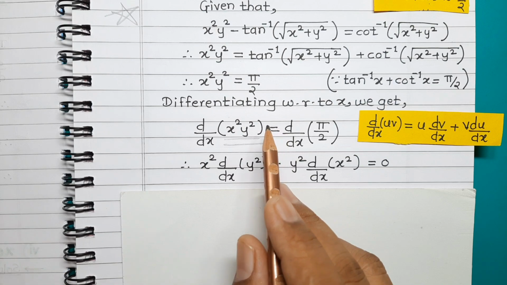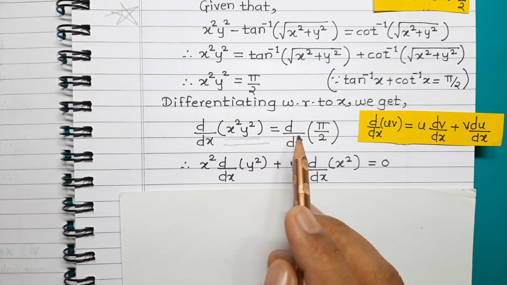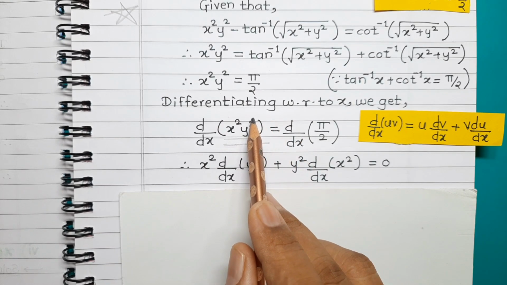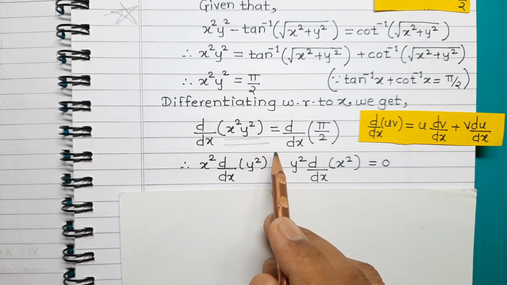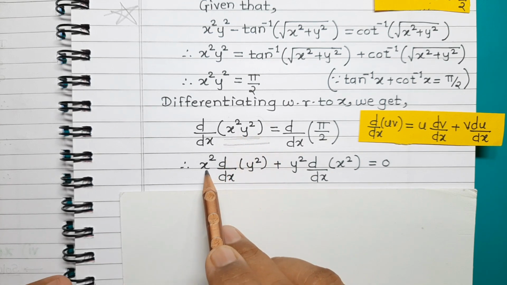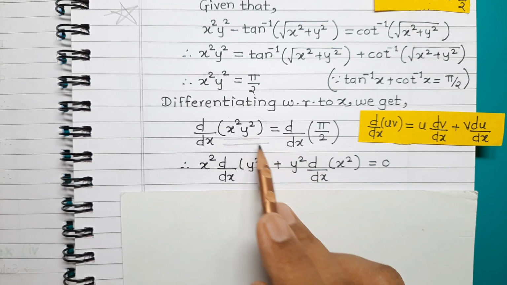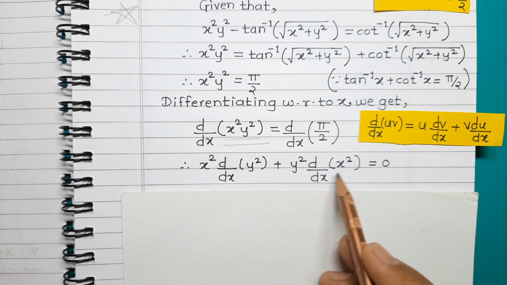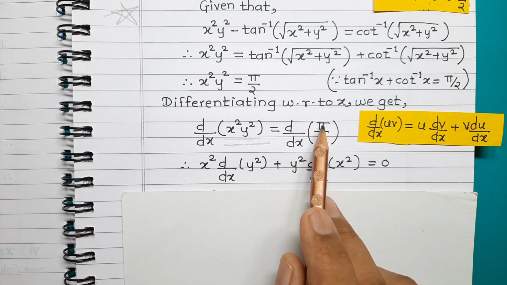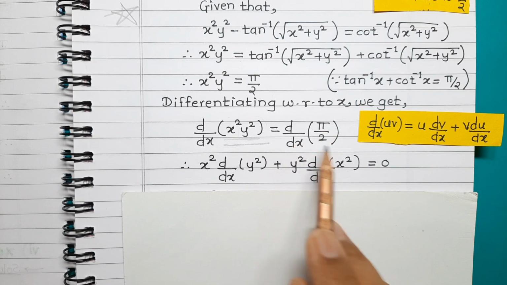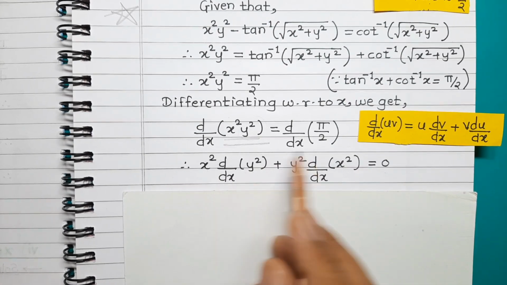And students, you note that while finding derivatives of implicit functions, you keep in mind very properly terms in y. Note their derivatives very properly. See here, x square as it is into derivative of second function y square, plus second function y square as it is into derivative of first function x square. And on RHS, since pi by 2 is constant, its derivative is 0. Okay, then see, we have used product rule.